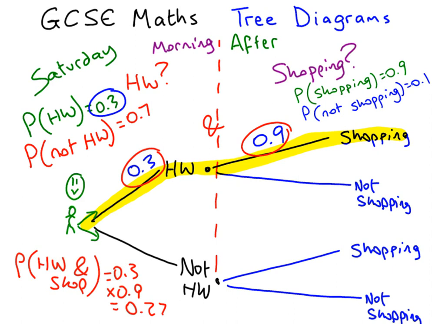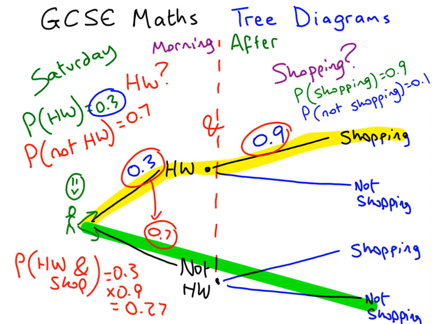Let's look at being a bit of a rebel, not doing your homework and refusing to go shopping. Okay, I know the line's gone a bit dodgy there. So the probability of not doing the homework has to add up to 1, so 0.7. And the probability, we said it's independent, it's not going to change based on what we did before, so it's 0.1 down here. So the probability of you being a rebel, not doing homework and then not shopping is 0.7 times 0.1, which is